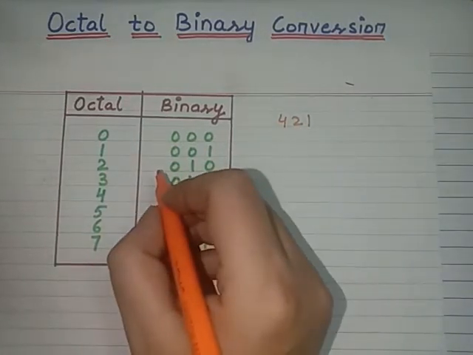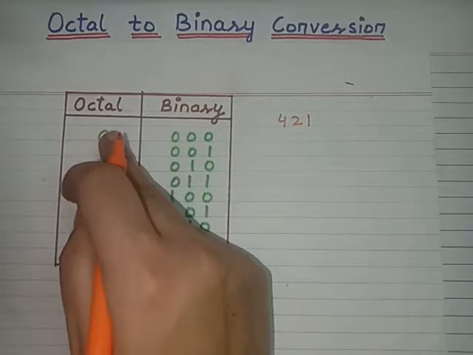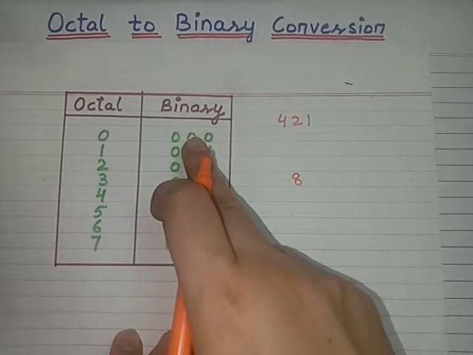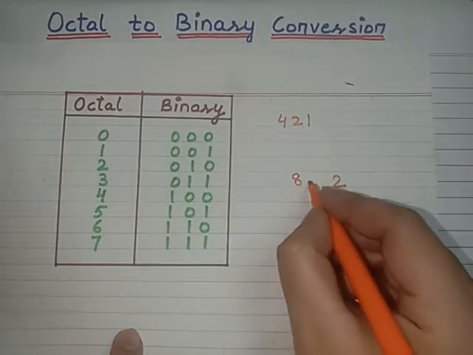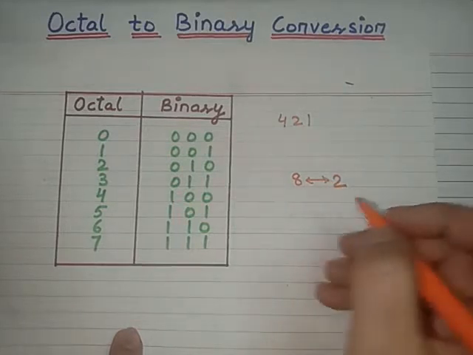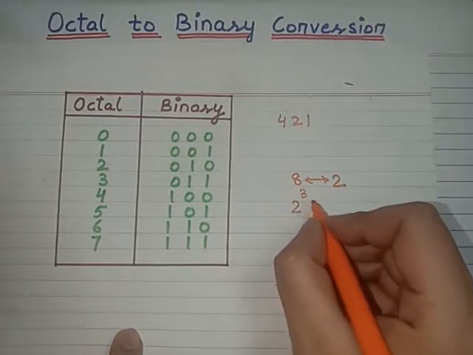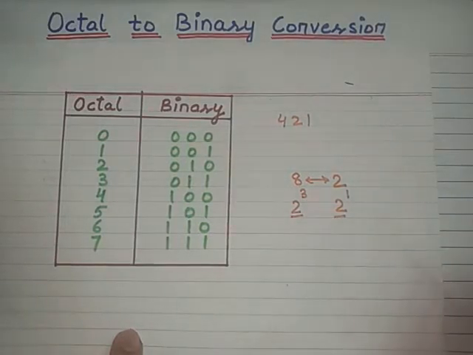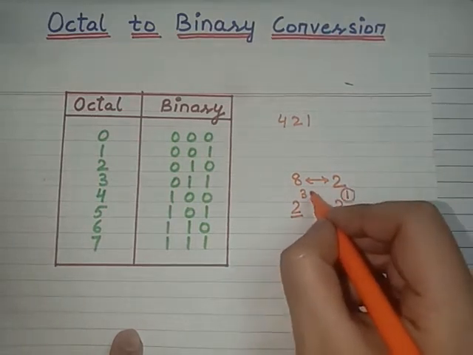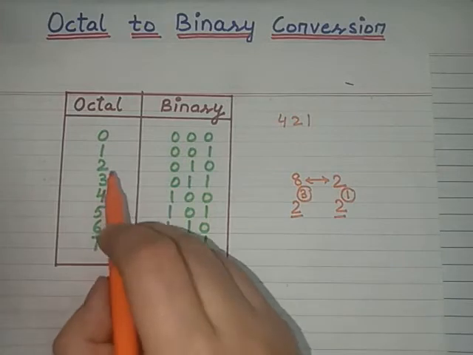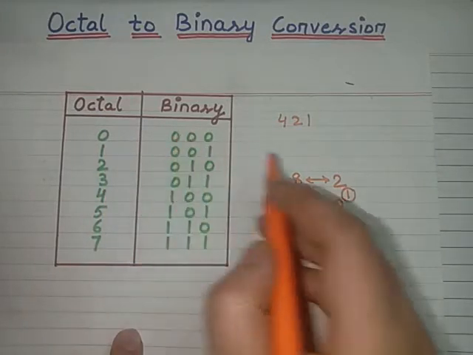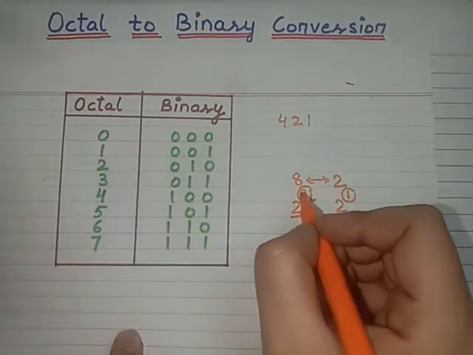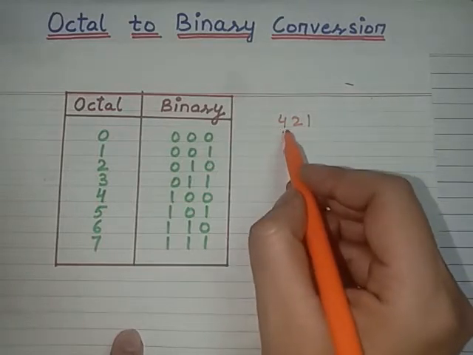421. As you know, the base or the radix of the octal number system is 8, and the base or the radix of the binary number system is 2. Finding the relation between both bases, you can see here 2 raised to power 3 and here 2 raised to power 1. So when we take the same base, this will be the relation: if we want to convert an octal number into binary, we will be using 3 digits. So for 3 digits I am using the code 421.